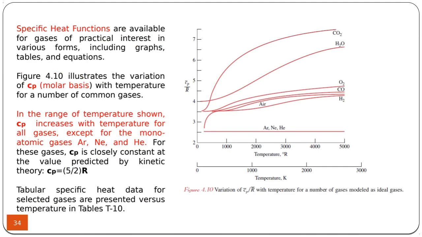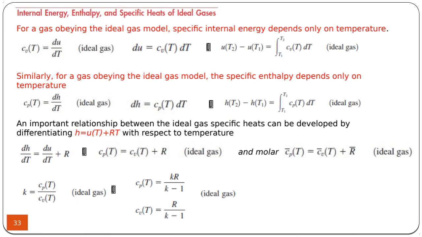Because specific heats are mostly a function of temperature, we have to know the relationship between the variation of the specific heat and temperature, so that we can calculate the integrals and find the values of the changes in